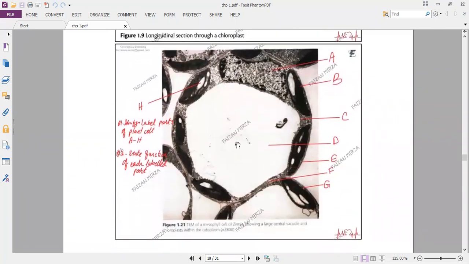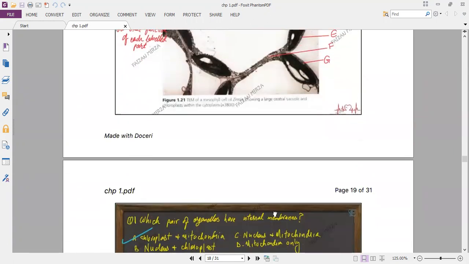This question here is basically for your review. Structure A actually is the chromatin. You can refer to it as chromatin or euchromatin. Both are correct, but nucleus would be incorrect because this is the structure which is pointing inwards. B is the chloroplast, C is the tonoplast, D is the vacuole, E is the cell wall, F is the middle lamella, G is the cell membrane, and H is the starch grain.